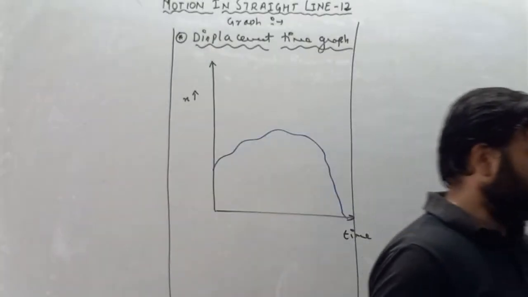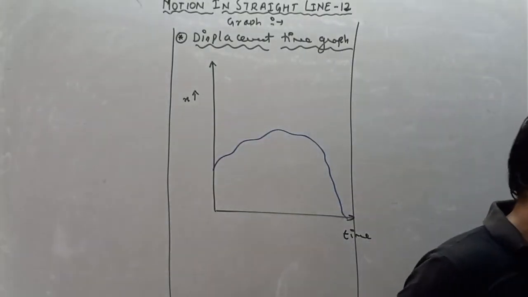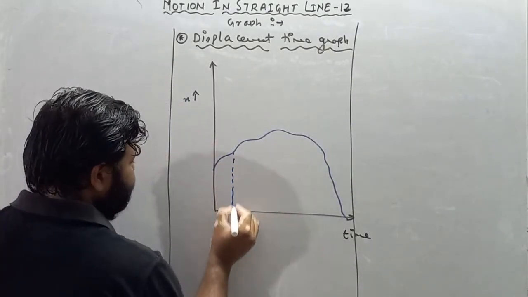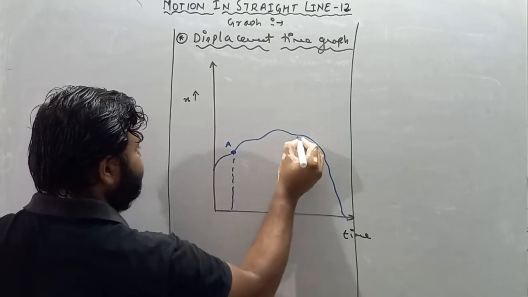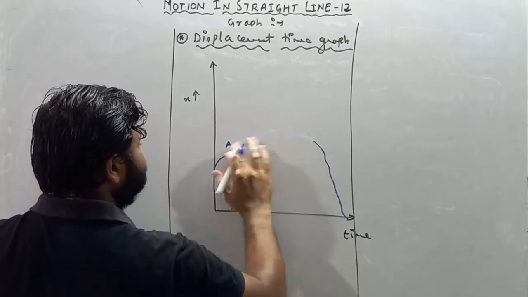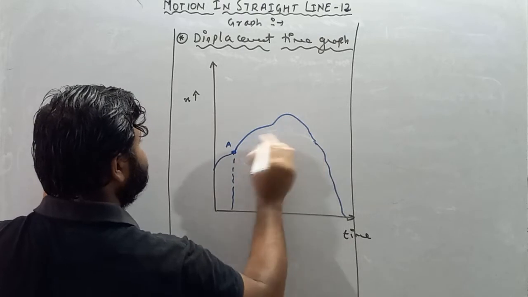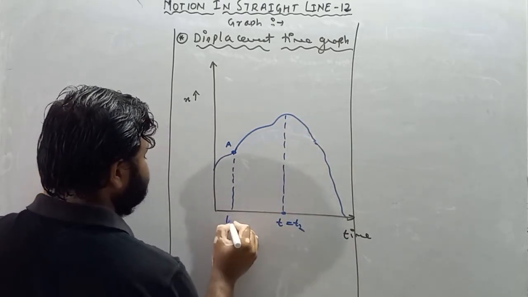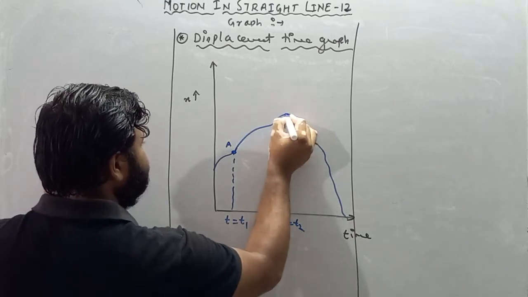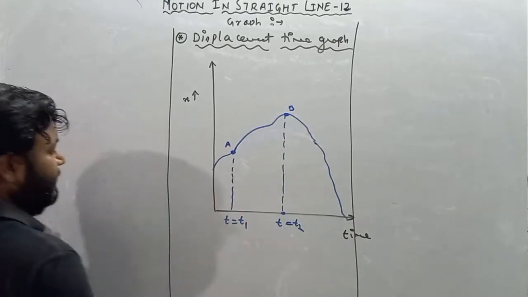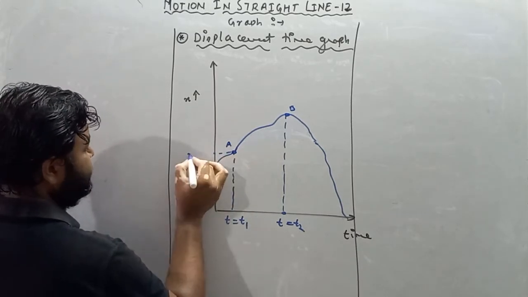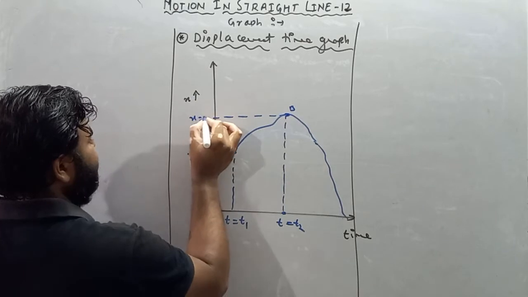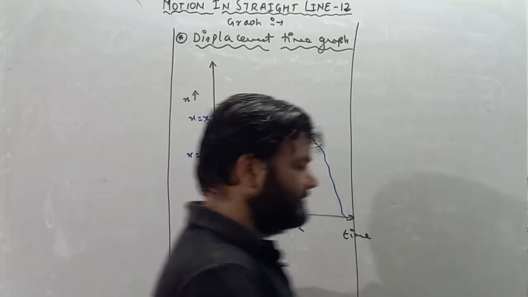Let's suppose the particle is moving like this. So let's see the duration. I'll take 2 points. Let's suppose first point is A. I'll make a graph like this. And let's suppose at point B, t is equal to t2. At point A, t is equal to t1. Now see, my dear student, when time is t1, x is something like x1. And if time is t2, then x is x2.